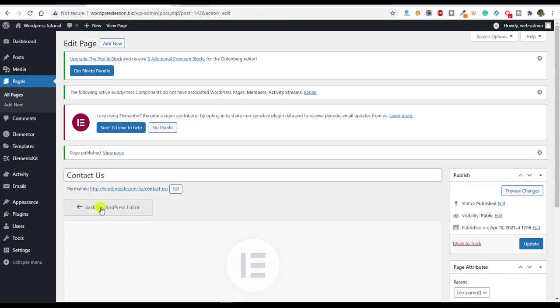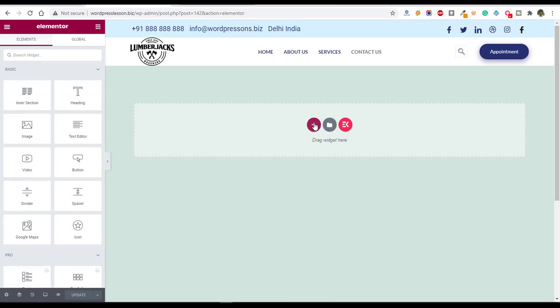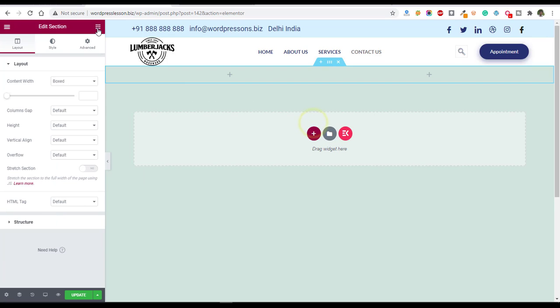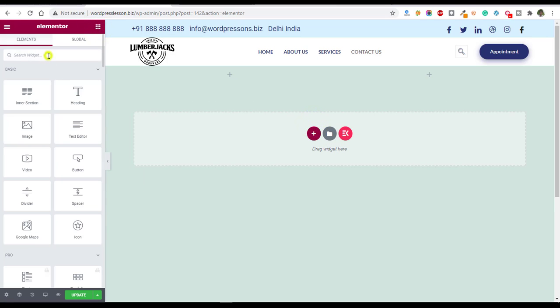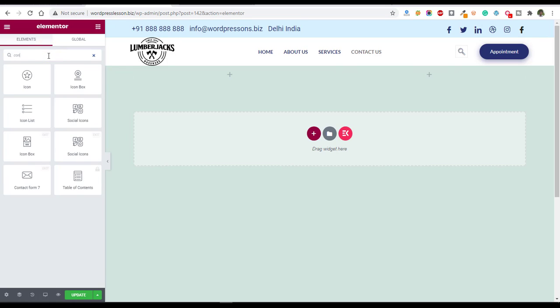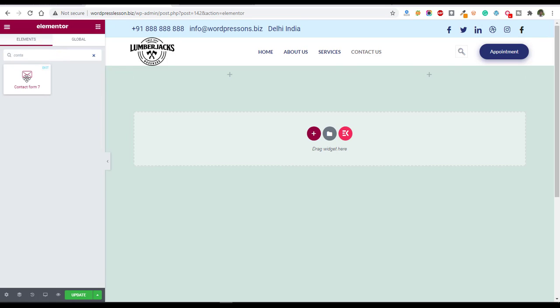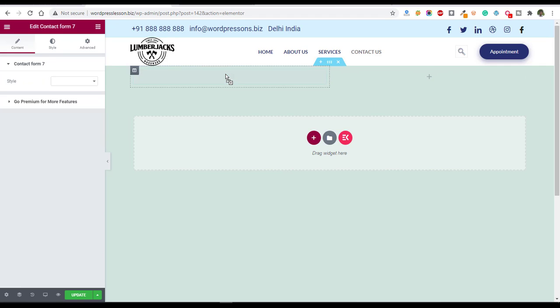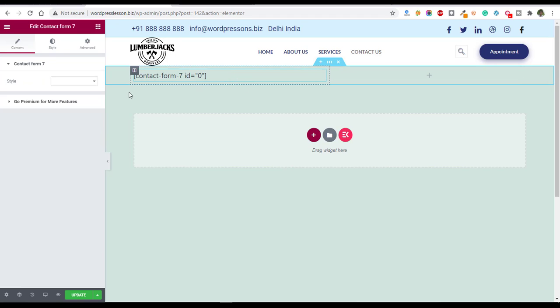After that, Edit with Elementor, and now create one block. Just click on this button and search for contact. Here Contact Form 7 is available. Okay, just update it, and after that just preview it.